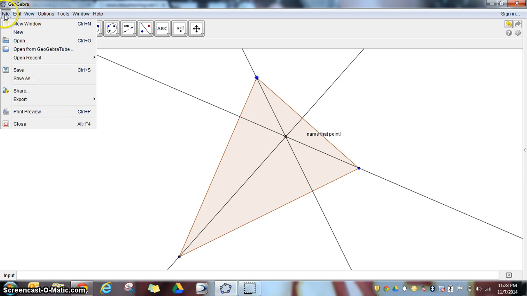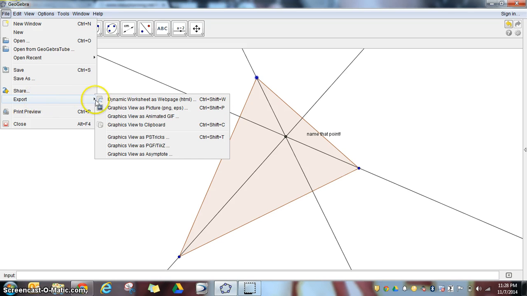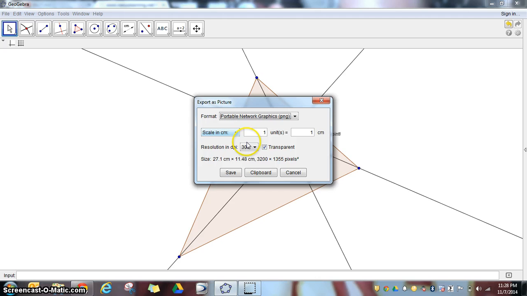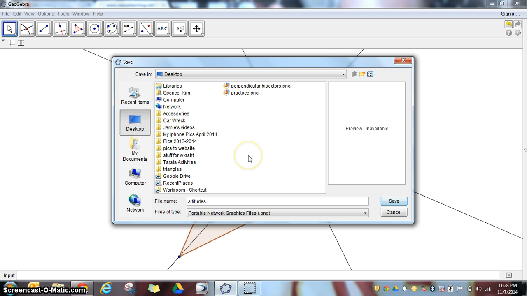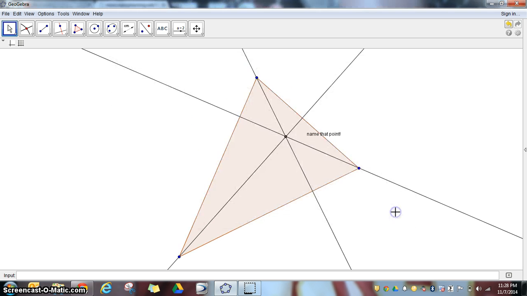So before I forget, let's go ahead and export this picture and make sure you label that as your altitudes. That's your altitudes of a triangle. Save that wherever you want it. If you're saving those on your desktop or wherever, just save those, and that way you can insert those into your Google Doc before you share it with me. So anyway, that's the altitudes of a triangle, and that concludes our 4 constructions, unless you want to do that extra